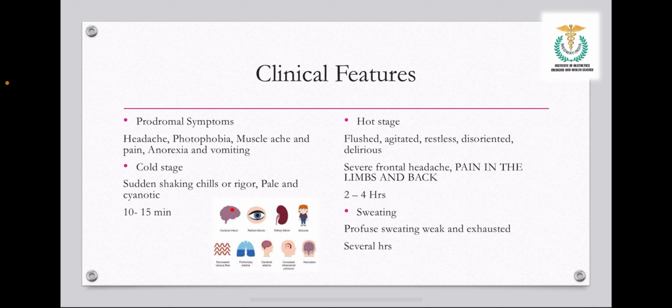And we can divide these into a few stages: prodromal symptoms, cold stage, hot stage, sweating, etc. Under prodromal symptoms, we can see headache, photophobia, muscle ache and pain, anorexia and vomiting. And in the cold stage, what happens here is sudden shaking, chills, or rigor, pale and cyanotic, for 10 to 15